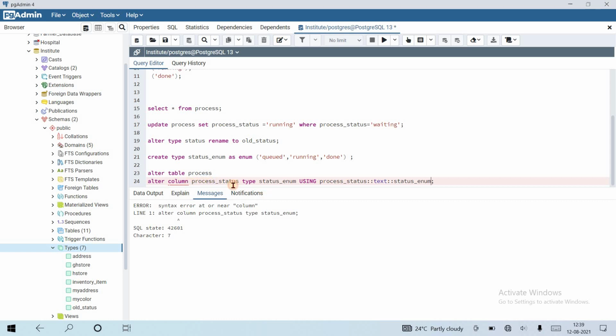Here you can see the using keyword is used, and first we pass the column name, then the double colon and text, and again the double colon with the data type.